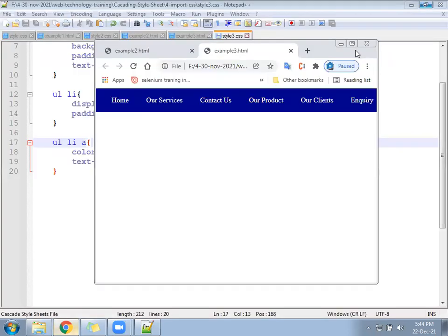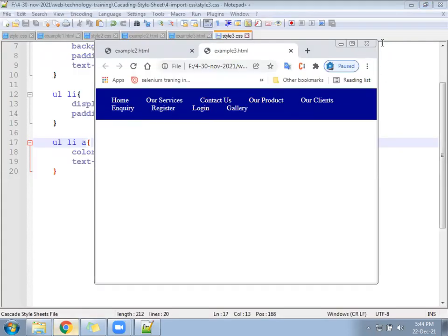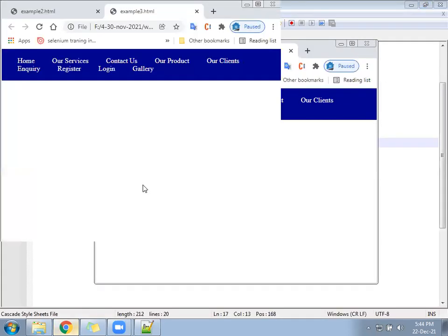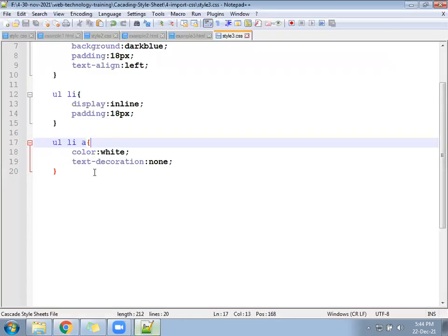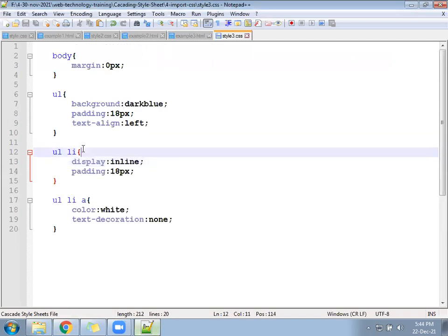But if you reduce the window size, you will feel like all are overlapping. Understand the CSS. What we did: by default, LI is a block-level element. We have converted it into inline, so they come in the same line.